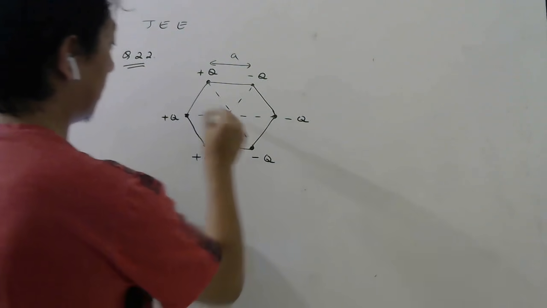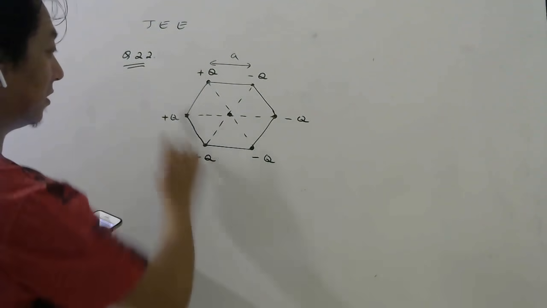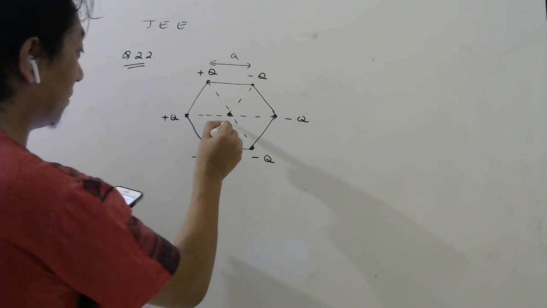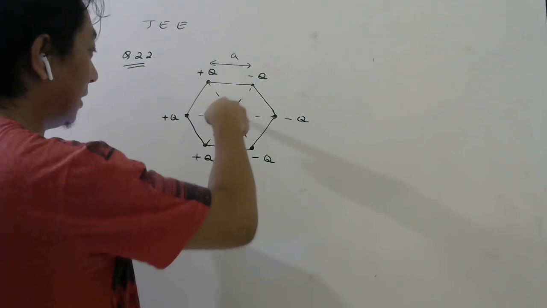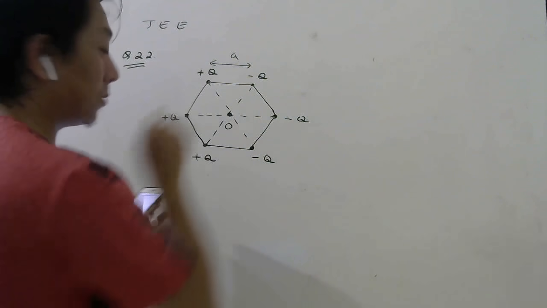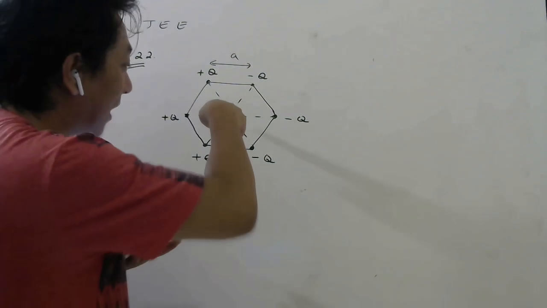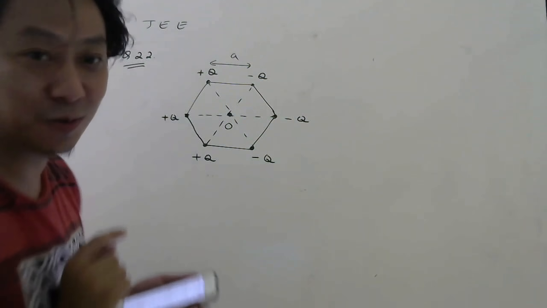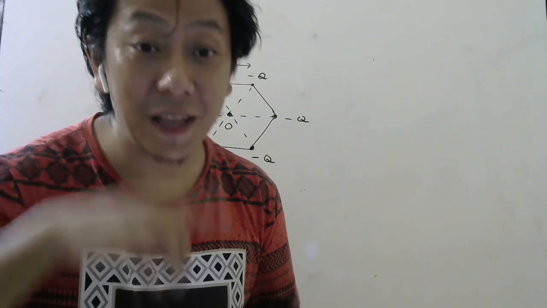So this will be the center. Here there is no charge. Charge is here. Question is, the electric field on the line passing through this point O. So they want electric field in this line passing through this point. Now you will say, sir, why did you do like this? This line is also passing through O. This line is also passing through O. Read the question. And perpendicular to the plane of the figure.